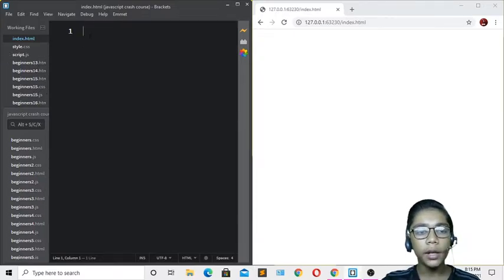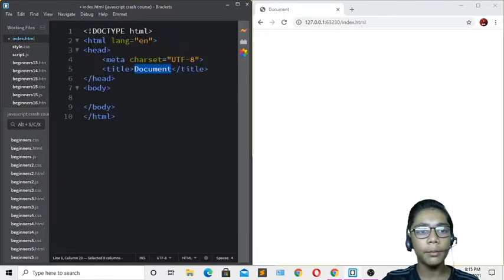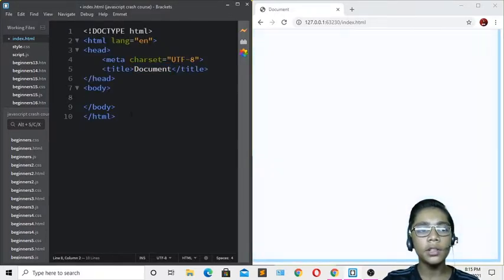I will come over here and first of all write the starting code. I'll write this tag and press tab. You can see I've got all the starting code of HTML which I want. Then underneath my body tag I'll link my style sheet, so I'll write the link tag.